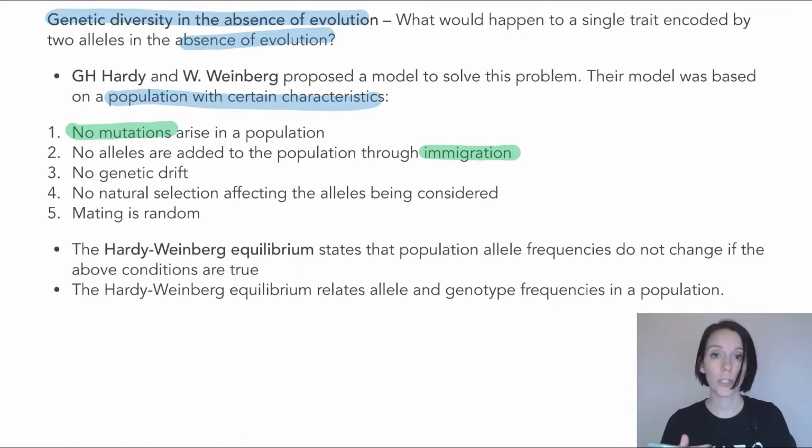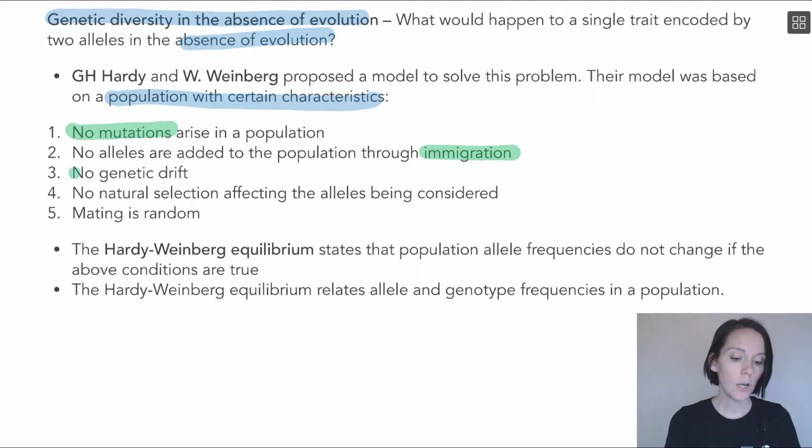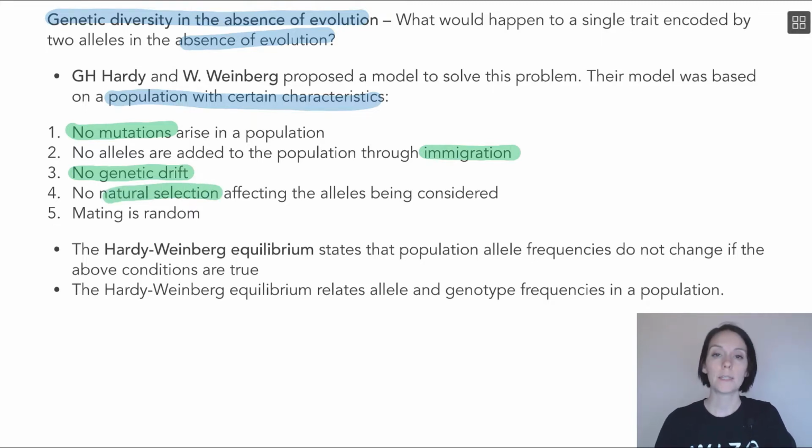Okay, so no migration into the population, no genetic drift. Okay, so no change in allele frequency due to random chance. There's no natural selection, so no particular trait is being selected for in that environment. And there's no sexual selection, so mating is completely random. So if these 5 criteria are met, that means that evolution will not be occurring, and then the population will